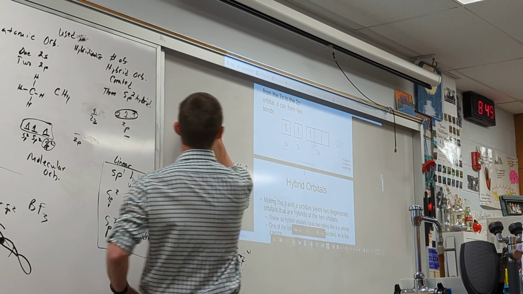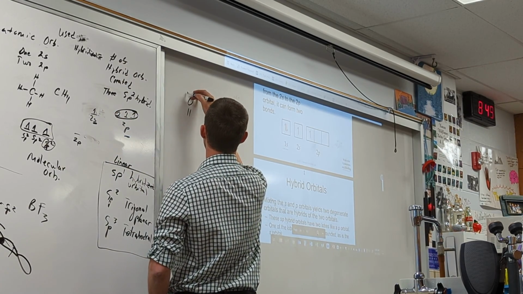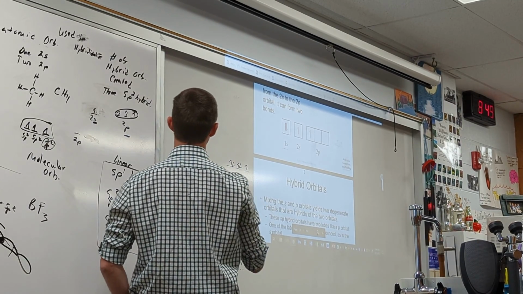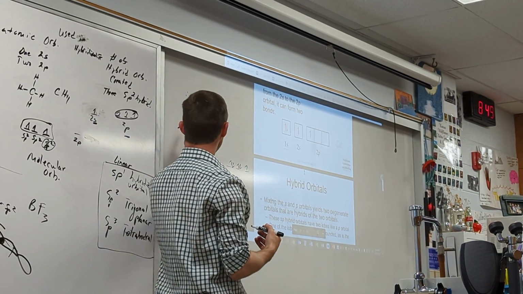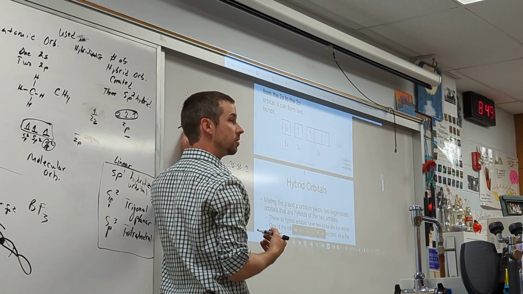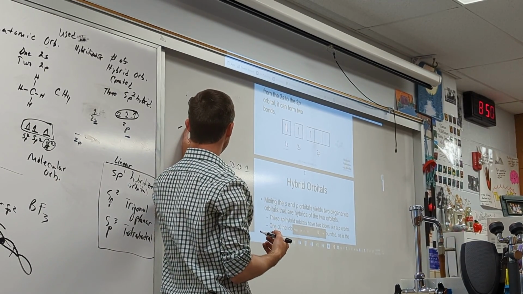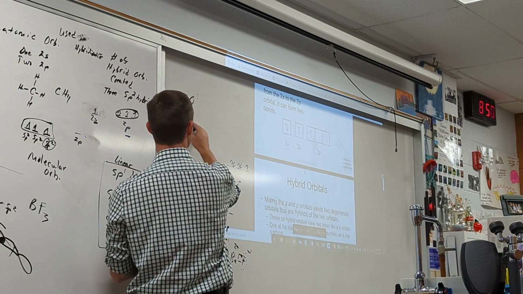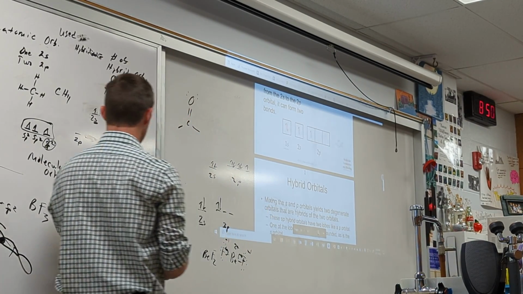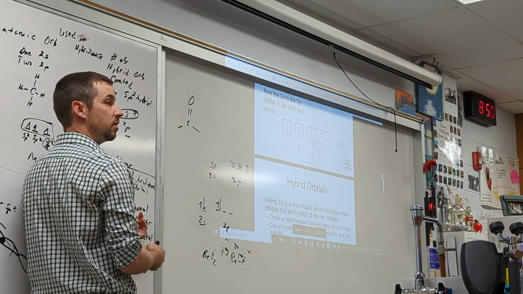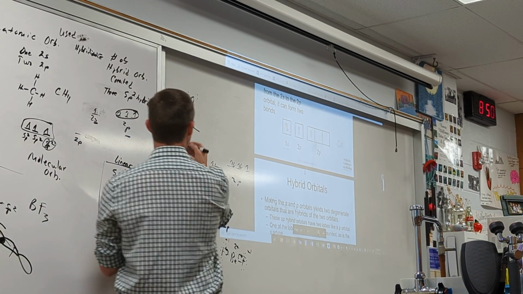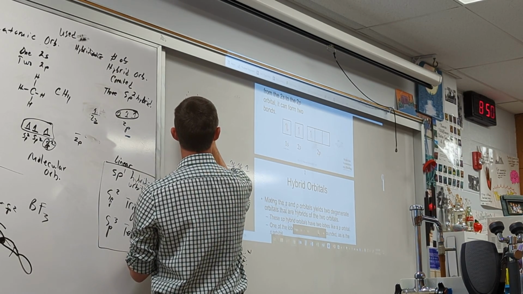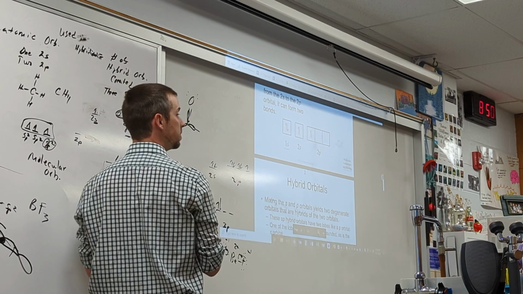What do you think about this? What if I have oxygen? What is the hybridization? Forget whatever bonding. What's the hybridization of carbon? Trigonal planar. So it's trigonal planar because there are 1, 2, 3 regions of electron density. So what's the hybridization? sp2. So this is going to be one of the sp2s, this is going to be a second sp2, and this is going to be the third sp2.